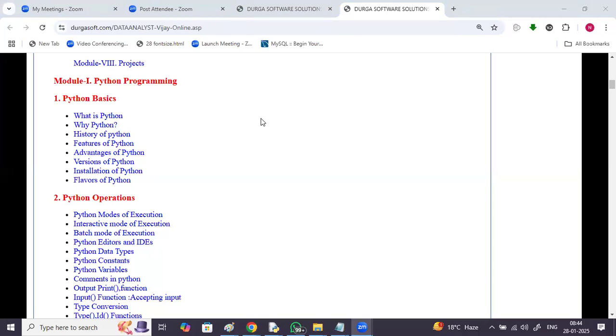So from tomorrow, we'll go with the actual sessions, starting with Python first, right? Tomorrow the link will be changing, and you are supposed to get enrolled. From tomorrow, we'll be starting in brief about each and every component, the tools I said: Power BI, Microsoft Excel, Python, MySQL, and ChatGPT. These are the tools we'll be discussing one by one, right?